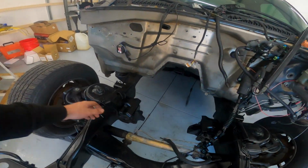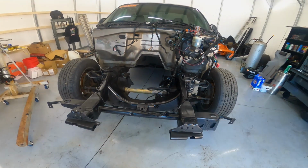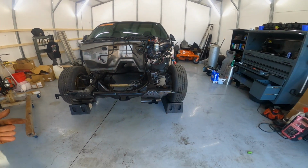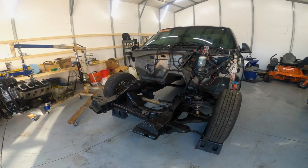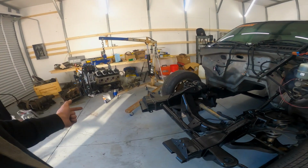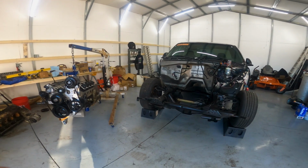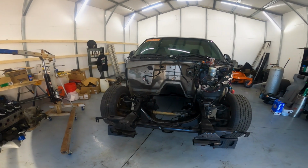And then we're gonna try to set it down on these mounts and get it bolted in. And then we're gonna go ahead and start buttoning up the other stuff like the headers and everything else, and probably put the intake manifold on it and that stuff. And then the only thing that'd be left would be the wiring